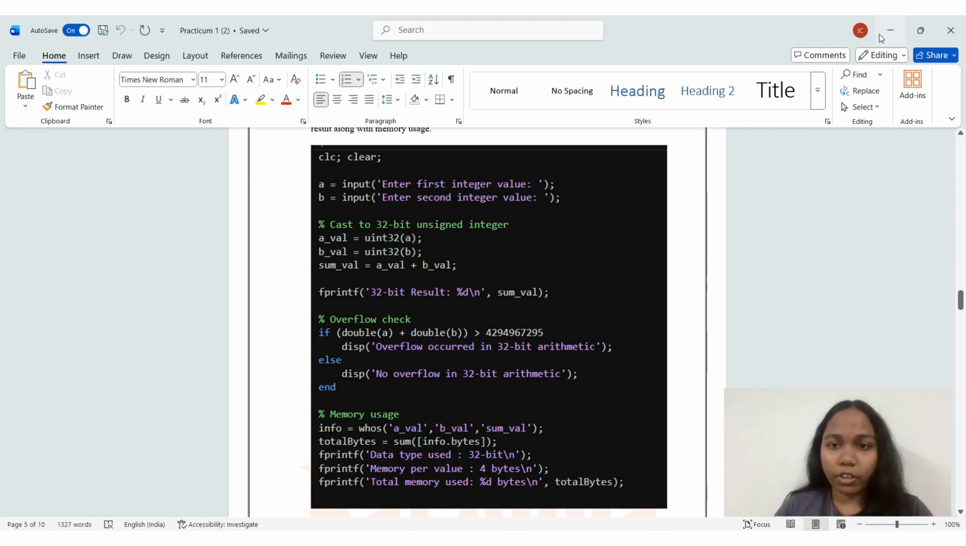So we are heading to the first code. This code explains the addition of two unsigned integers using a user selected bit width. It takes two integer inputs and the required bit width from the user. Based on the selected bit width, the values are converted into uint8, uint16, and uint32 data types